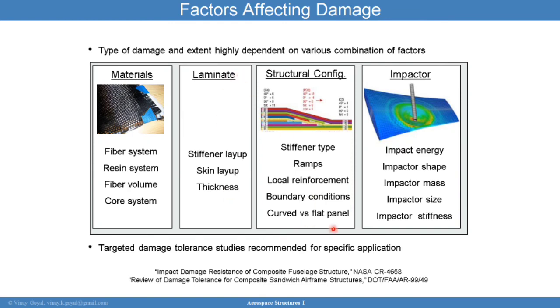And the structural configuration matters, whether you have a ramp, the stiffener type, the boundary conditions, where you have a curved panel versus flat panel. And then the impactor shape matters, the energy, the mass, the size, the stiffness, and the angle of impact. So there's a lot of factors here playing a role that make analyzing impact damage